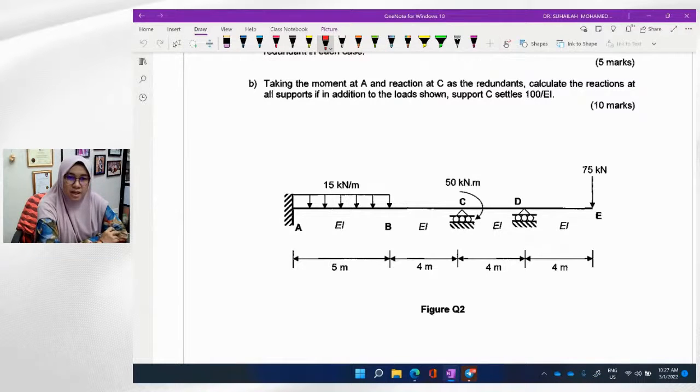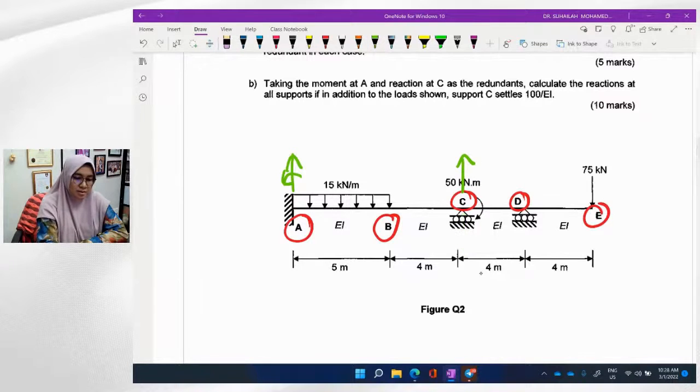By looking at this beam, we will have five nodes: node A, node B, node C, node D, node E. So if we put the degrees of freedom in the constraint system, we have